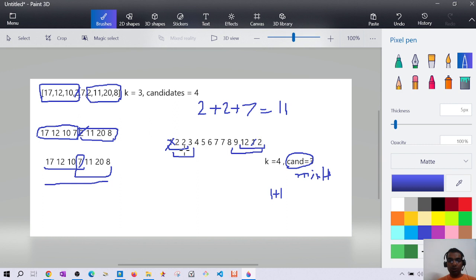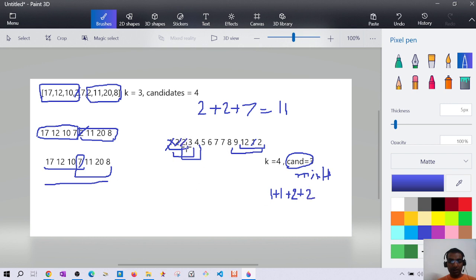So now in 9, 12, 2 and 2, 2, 3, which is the smaller? 2 is smaller. So we'll add up 2 here. And since this window size becomes 2, we'll again slide it and our window becomes this 2, 3, 4. Now in 2, 3, 4 and 9, 12, 2, what is the smaller? 2 is smaller and the lower index. So we'll again add 2,